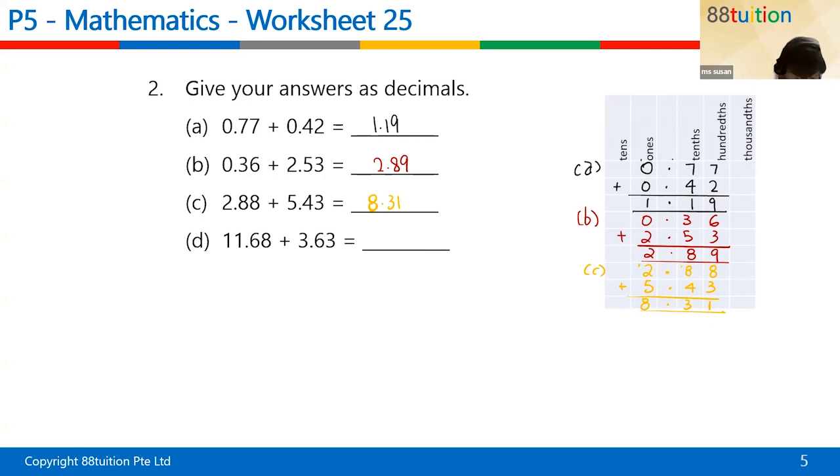Then for the last one, D, check what you have here. I make use of the space. 11.68. Now the number gets larger, okay, and this is 3.63. So when you add them up, what you will have is, in this column, you have 11, 13,